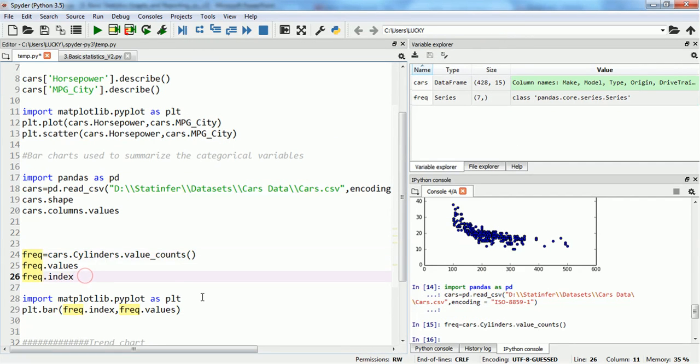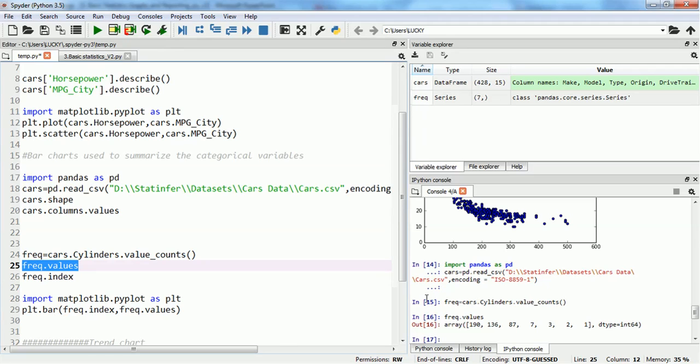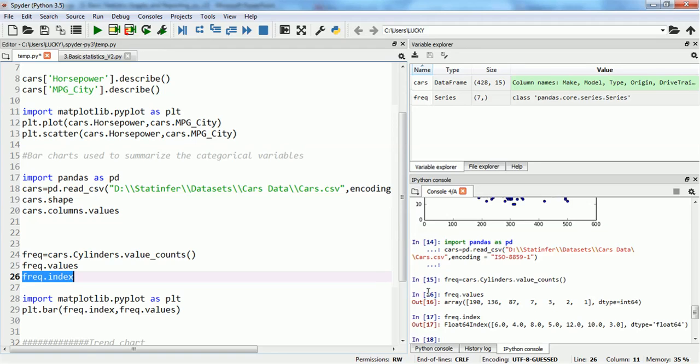And to plot the bar chart, we have to divide the values and index by using the values function and the index function. The values will give us the values in the distribution, and the index will give us the categories that we have. Here we have categories 6 cylinder engine, 4 cylinder engine, 8 cylinder engine, 5 cylinder engine, 12 cylinder engine, 10 and 3 cylinder engine, and so on. So for frequency of 6 cylinder engines there are 190 vehicles,